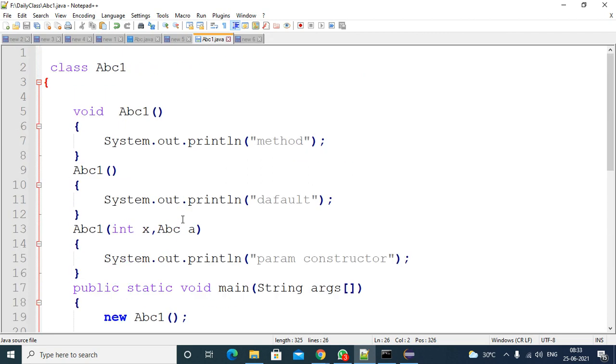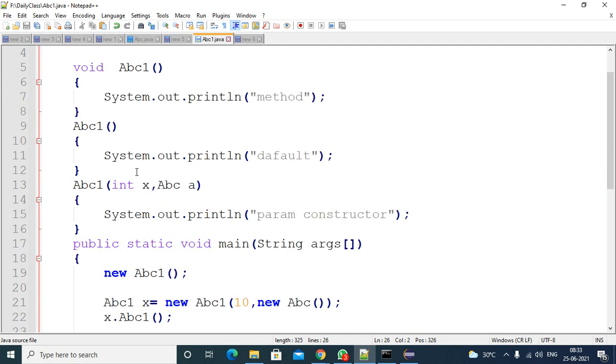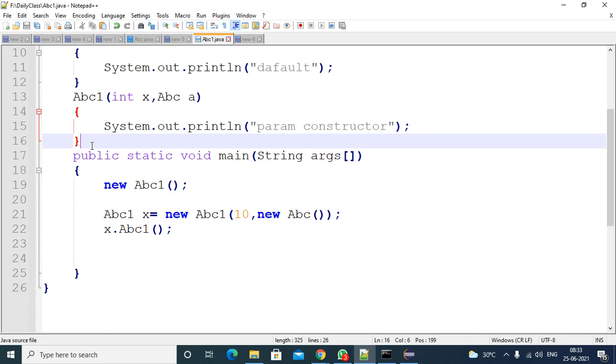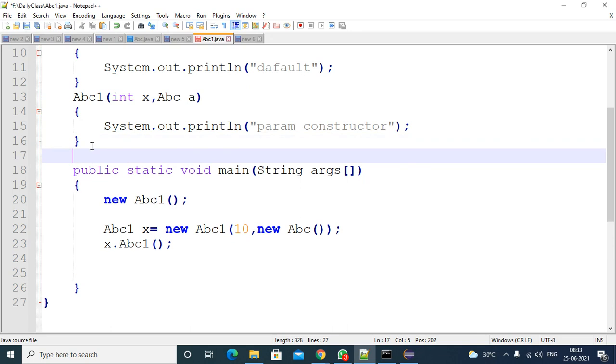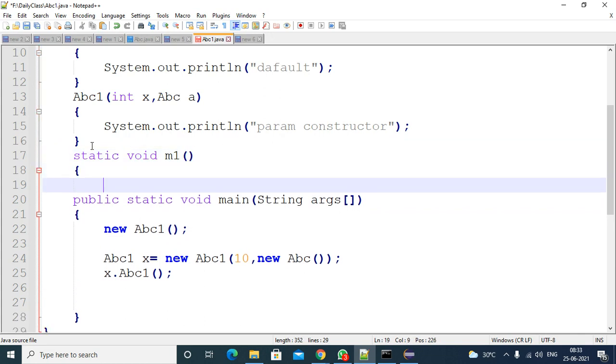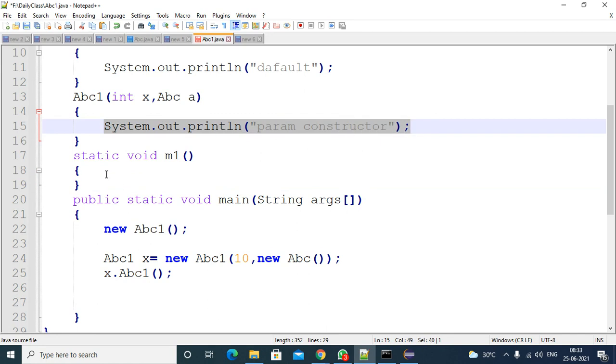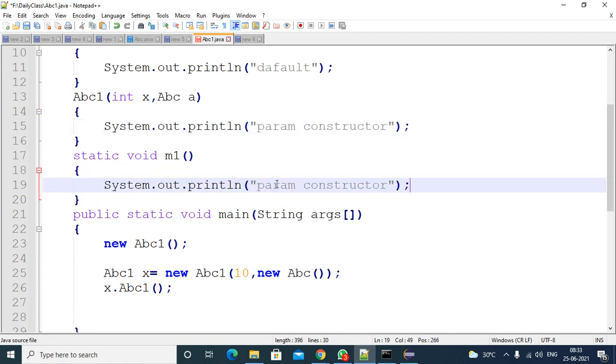Sir, if it is a static method, we can call it by using the class name directly without creating any object. If you have doubts, I already covered these points. Okay, no problem. If it is a static method void something, you can take not only void, you can take a return type also, or you can take any method, say the m1 method. Add some print statement. So inside it, a static method.